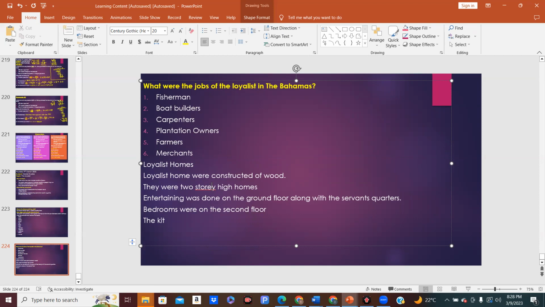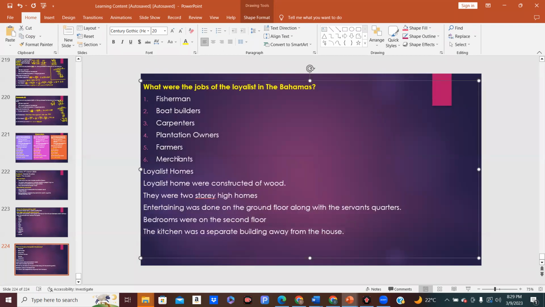Okay. So the kitchen was a separate building, away from the house. Okay. That's all we're going to be looking at for the loyalists today. Okay, so